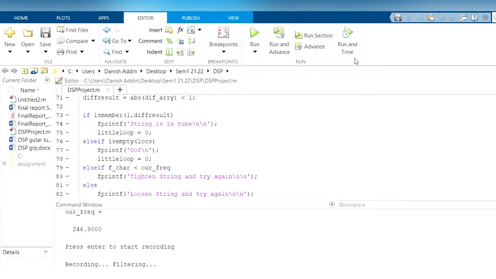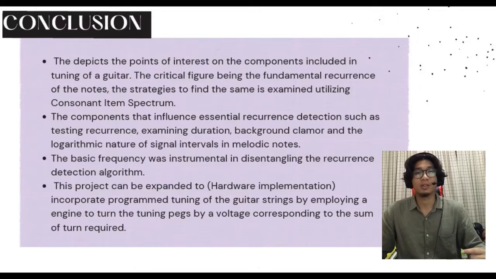So let's continue to the conclusion part. Continue my presentation with the conclusion. The points of interest on the components include the tuning of the guitar. The critical figure is the fundamental frequency of the notes. The strategy to find it is to examine it utilizing the harmonic product spectrum, which has been researched by previous researchers.